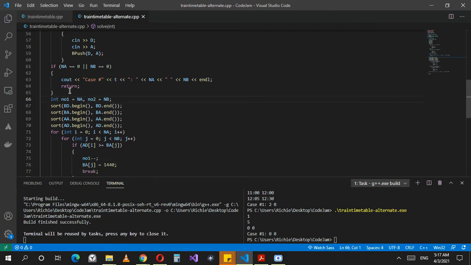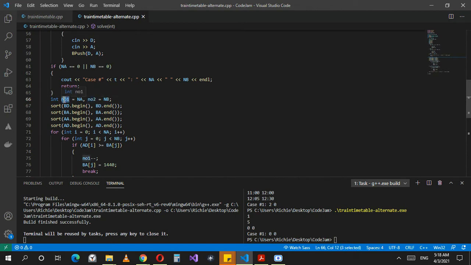Now, if it's not zero and if it has even just one train, you have to continue with the rest of the logic. So first, I'm going to take the lengths, number one, number two. This is the number I'm going to be outputting in the end.